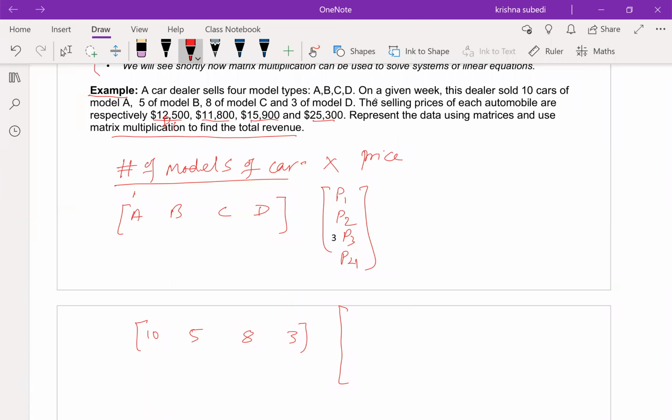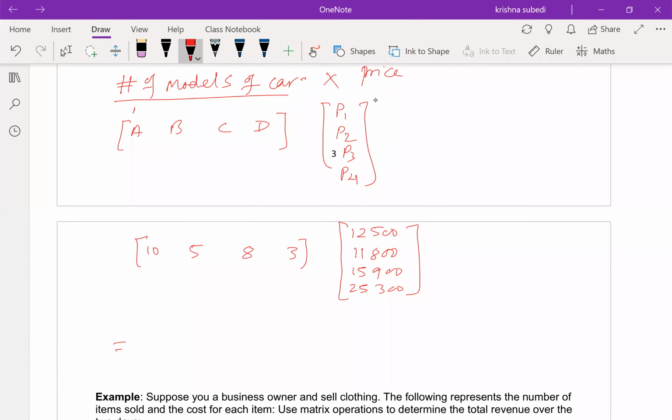And now the price for each of them: the first price is 12,500. Second price per car is 11,800. Third one is 15,900, and the fourth one is 25,300. All right. Now we multiply this because quantity, number of models of car, times price. So how do we multiply that? Well, we multiply this times this. So 10 times